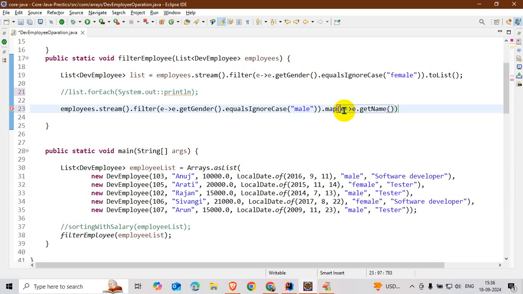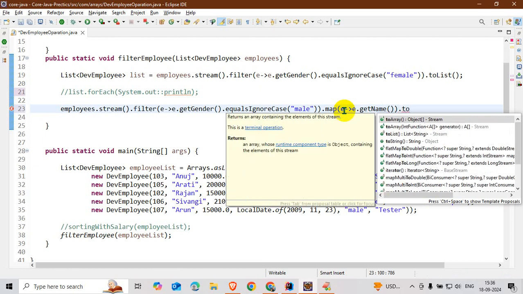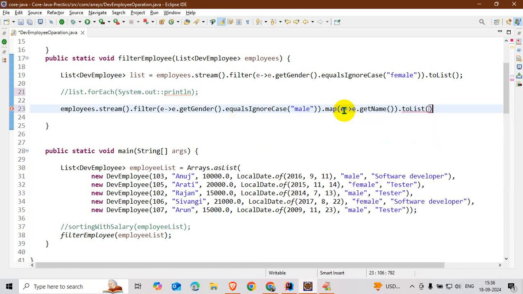Okay, and I collect to list. Here is the map: I want to map the employee name and collect to the list.